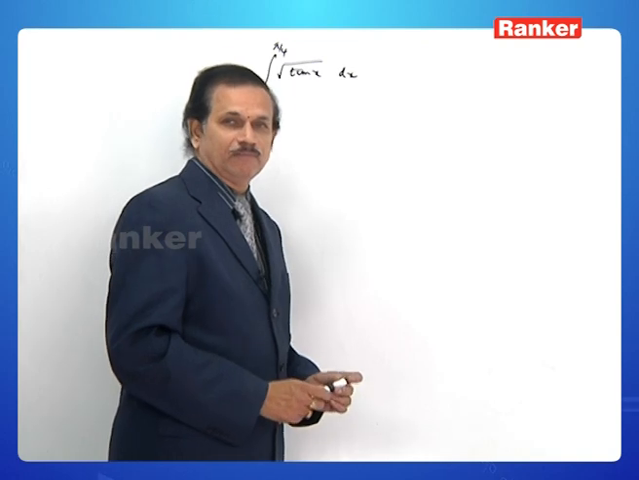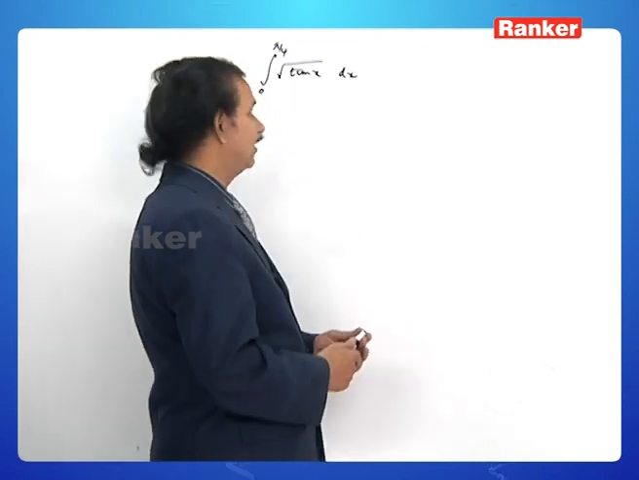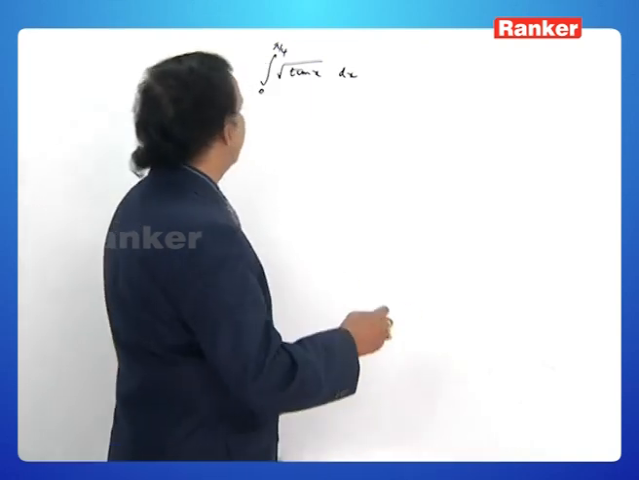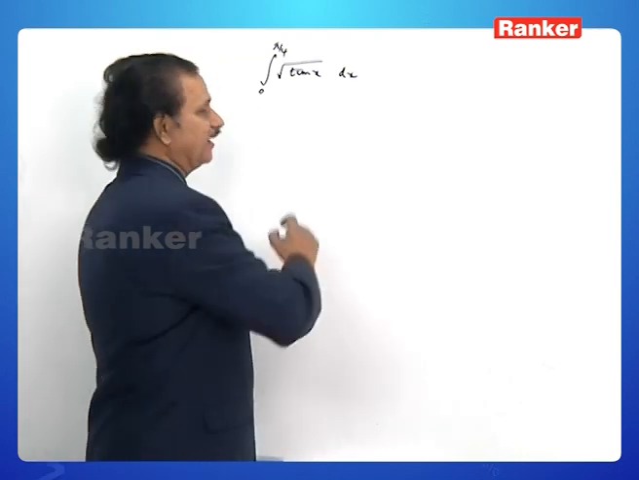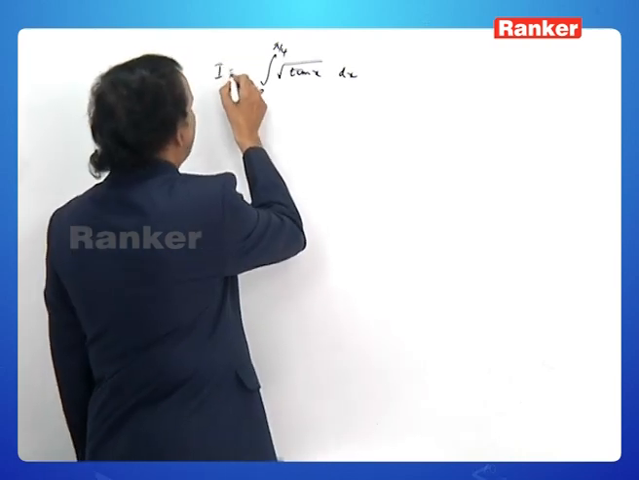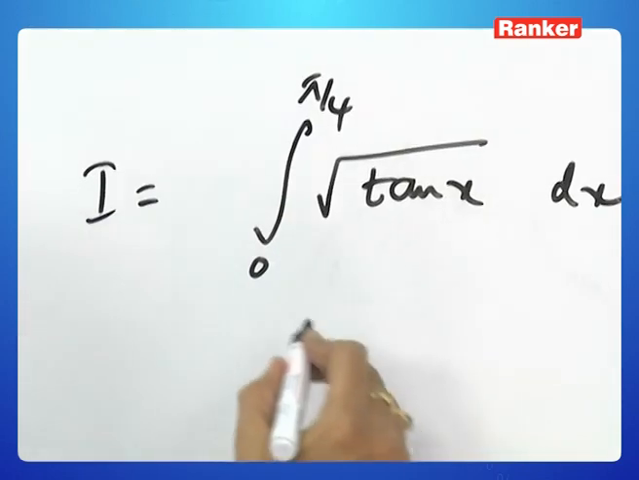Another beautiful problem is coming to us. Let us now deal with it very carefully. Integral 0 to pi by 4 root tan x dx. Let me name it as some I. Okay, let